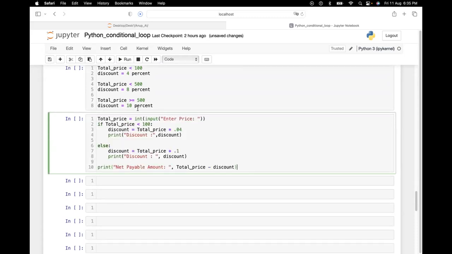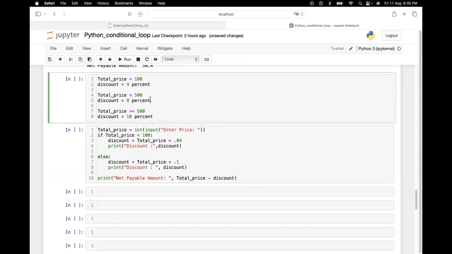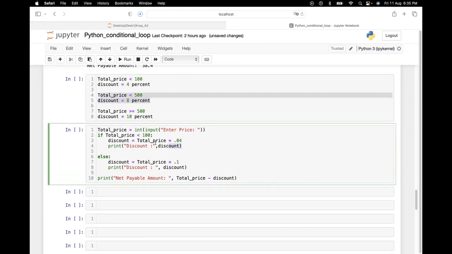cell. See, I have given you three conditions. My first condition is: I am taking an input from the user about the price. If total price is less than 100, my discount is 4%. The 4% is already there in this code and I'm printing the discount, correct? Now I have to add only this condition. So what I will do, I will just use elif,